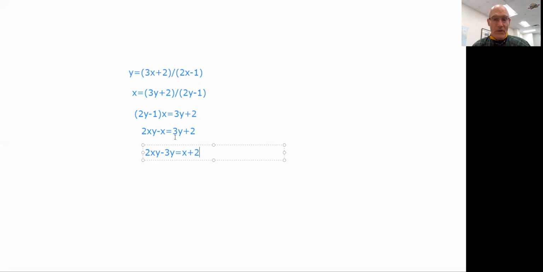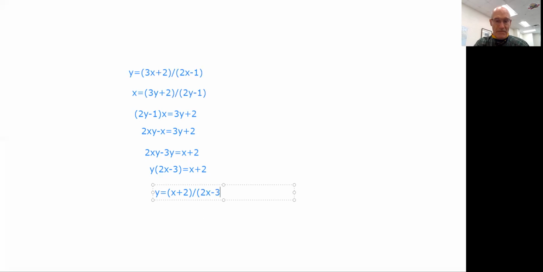So we move the 3y to the left, we move the minus x to the right, and then we factor out the y on the left. So we have y times (2x minus 3) equals x plus 2, and then to get our final answer, we divide both sides by 2x minus 3, so we have y equals (x plus 2) divided by